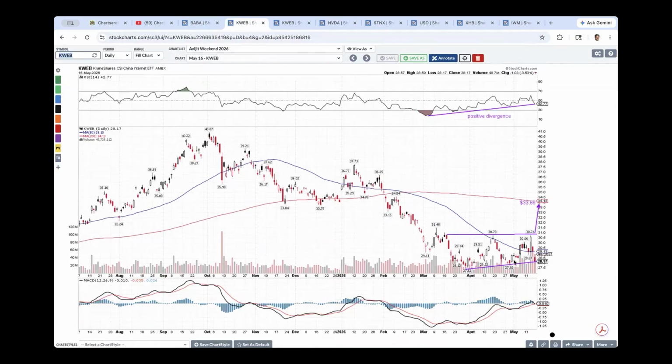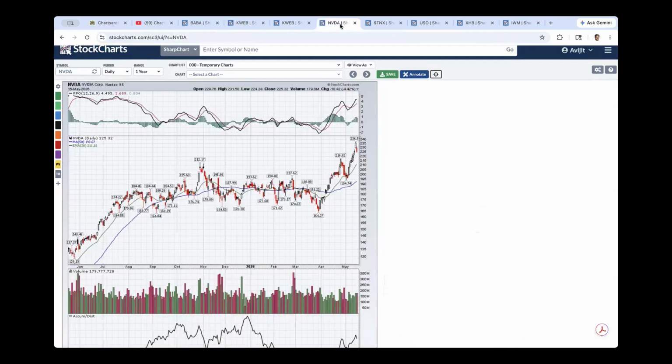Is KWEB going to be able to break out above the $30.74, move towards closer to 34? Now, out of China this week, with the key trip of President Trump and his key CEOs into China, came news